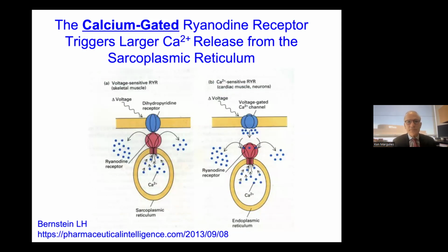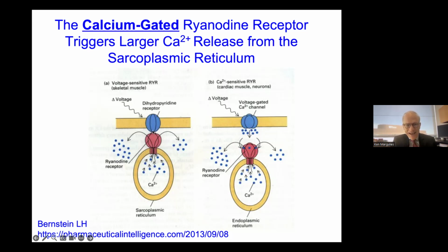So a little more about the sarcoplasmic reticulum. It is an intracellular organelle. It's the endoplasmic reticulum of cardiomyocytes. It's the rough ER of cardiomyocytes, but in this cell type, its main job is to store calcium, and large amounts of calcium. The amount of calcium that enters during depolarization of the cell and opening of the L-type calcium channels throughout the cell surface, the sarcolemma, is a small fraction of the amount of calcium that's sequestered into the sarcoplasmic reticulum. And as shown here on the left, in skeletal muscle,